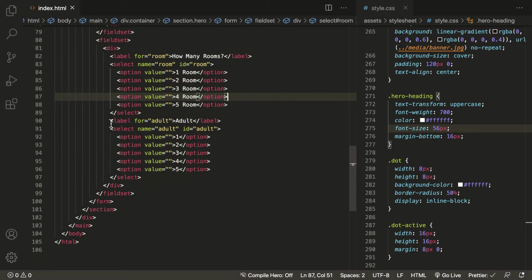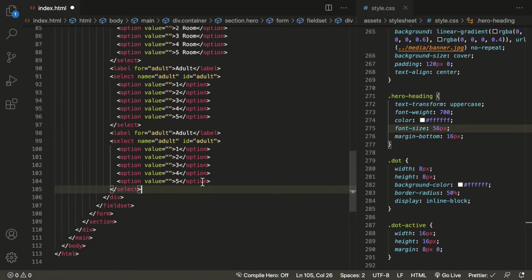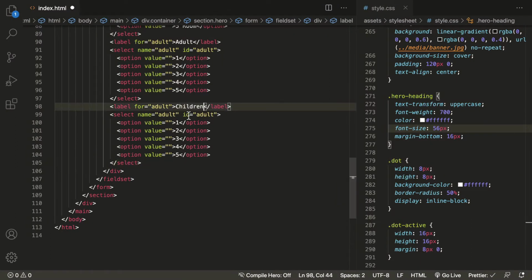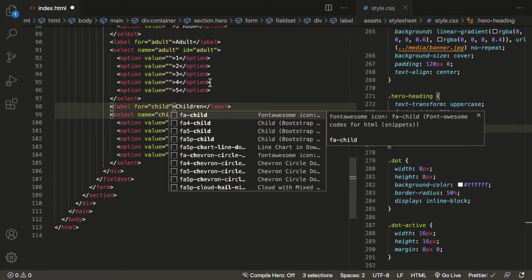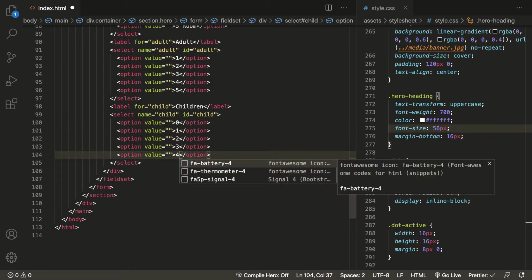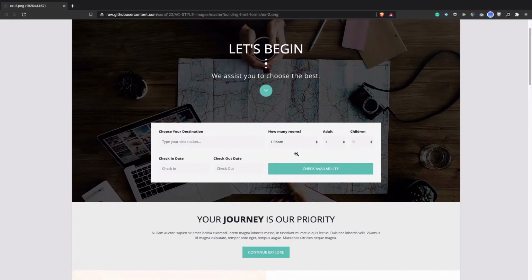Now another. Okay, so this is children. So let's get rid of this. We'll be saying child for attribute, name attribute as well as ID attribute, and we'll start from 0, say 1. Perfect. Save this, give it a refresh. Nice. After that, what do we have? After this,